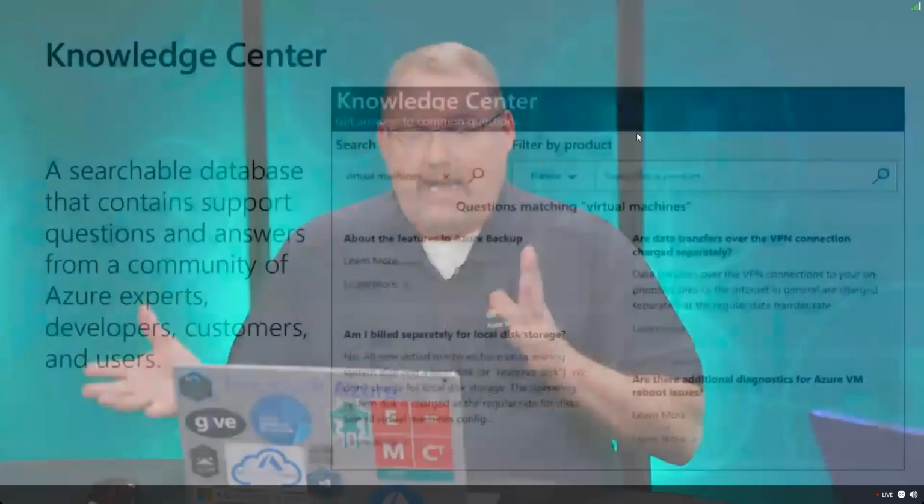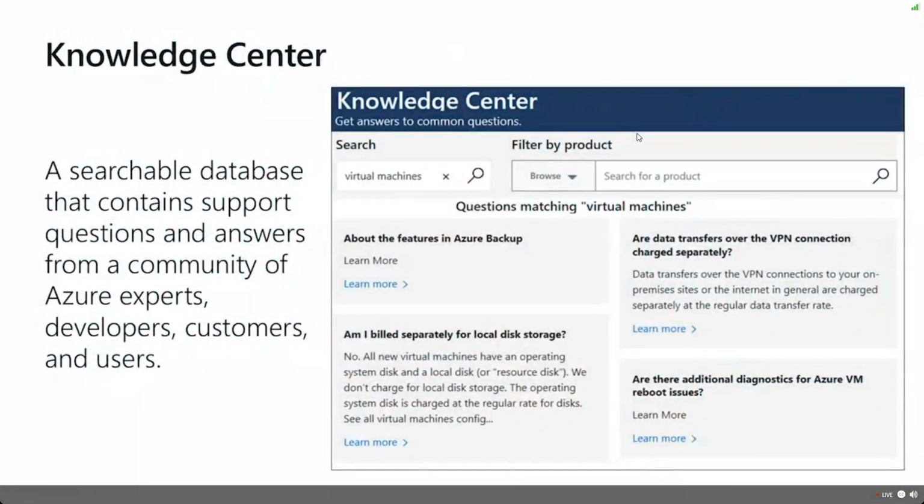Now, I don't know if I'd run a business on it, but folks, the folks there are the same folks you might get through Premier, through other agreements that are available to you. They're not always there for you. There's no SLA on how quick they'll respond on Twitter, but it's definitely something we want to look at inside of Azure. We also have a knowledge center where you can query our knowledge center looking for different help, looking for virtual machines. A lot of documentation's up there.